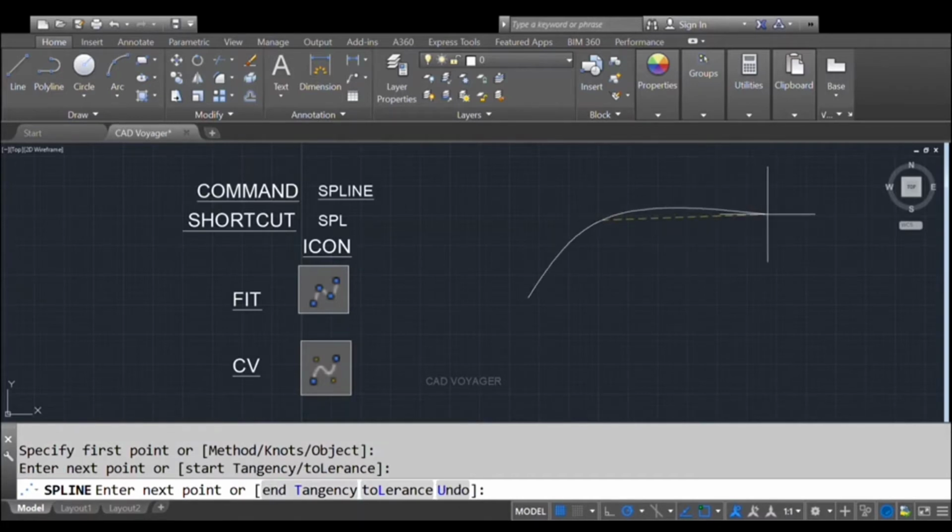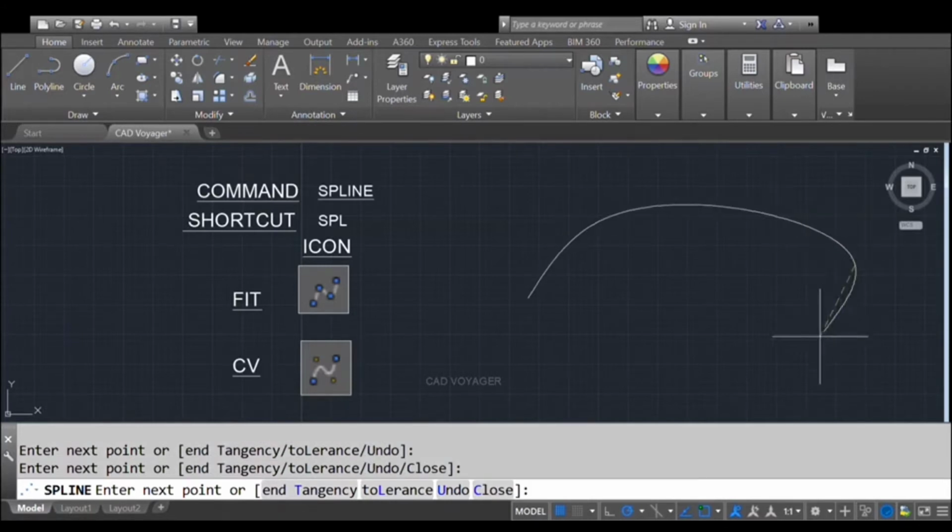In this method, you can notice that the deviation will be up to the first point. If you select how many points also, that doesn't matter. It will affect up to the first point only at a minor level. In this command, you cannot see any mismatch with the points you have selected. The drawn spline will completely pass through the points you have picked.